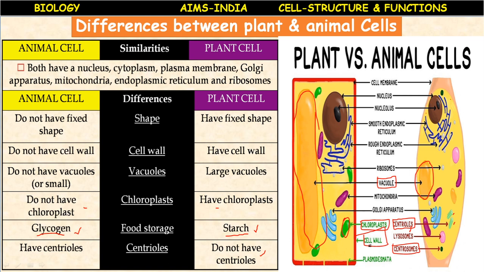The main difference between plant cell and animal cell is cell wall, present in the plant cell, absent in the animal cells, and the green color plastids, chloroplasts, are present in the plant cell, absent in the animal cell. Lysosomes are present in the animal cell, absent in the plant cells. Okay, children, let us proceed. You can compare the vacuoles of plant cell and animal cell here. So plant cell vacuole is large in size, animal cell vacuole is small in size. Let us proceed.